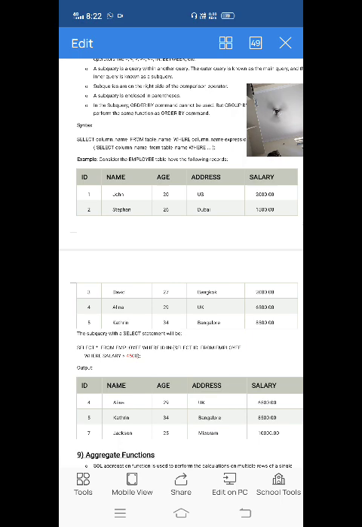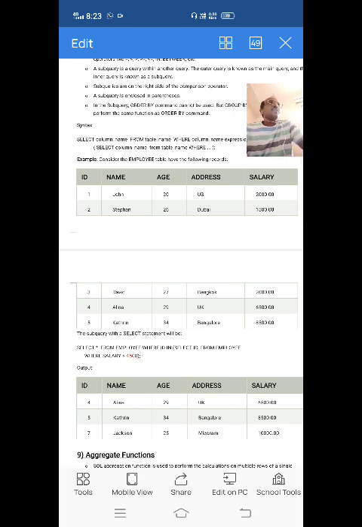The internal query is executed first, then the outer query. A subquery is a query containing another query, written in where, having, or from, but generally in where, using SQL operators.